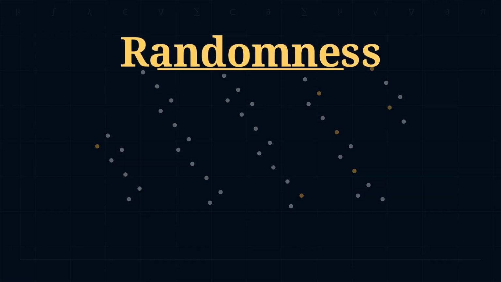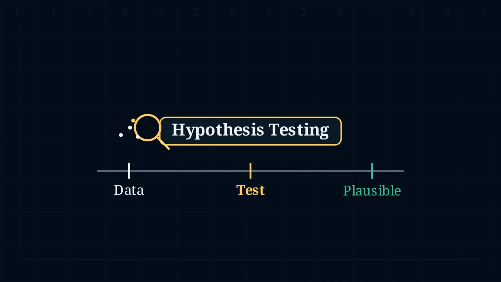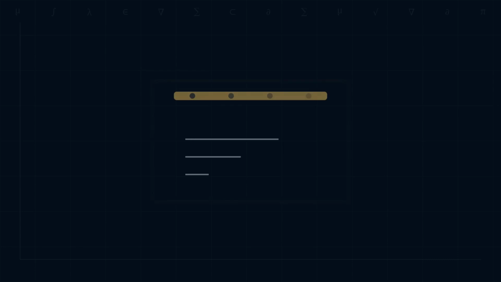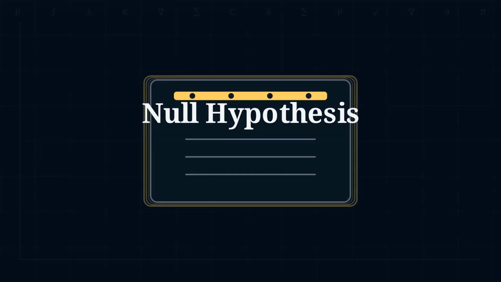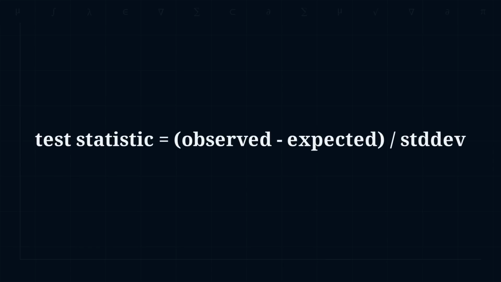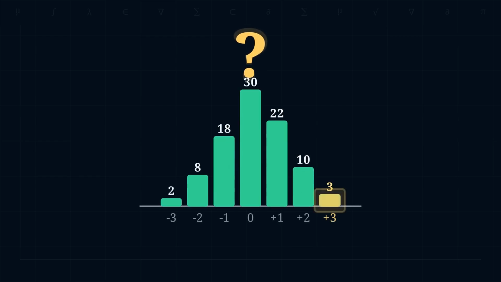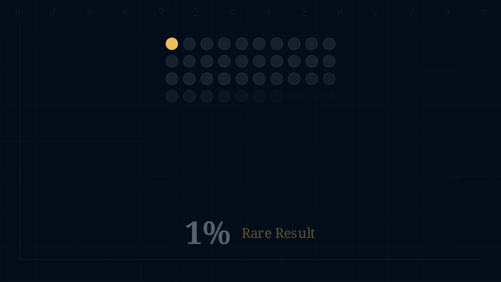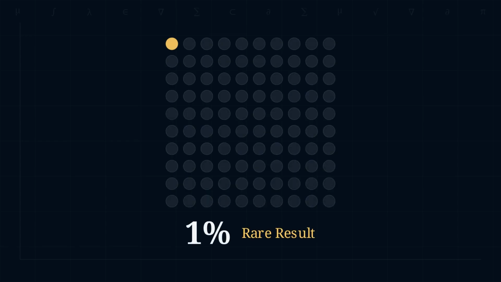Here's the clean idea. Hypothesis testing is a structured way to ask whether data you saw is plausible under a baseline story where nothing interesting is happening. You write down that baseline story, often called the null, and you choose a summary of the data that would separate signal from noise if there were signal, called the test statistic. Then you ask, if the baseline story were right, how often would I see a statistic at least as extreme as what I observed? If the answer is rarely, you treat the data as evidence against the baseline story, not proof. Evidence, calibrated by how rarely such a result would occur if there were no effect.